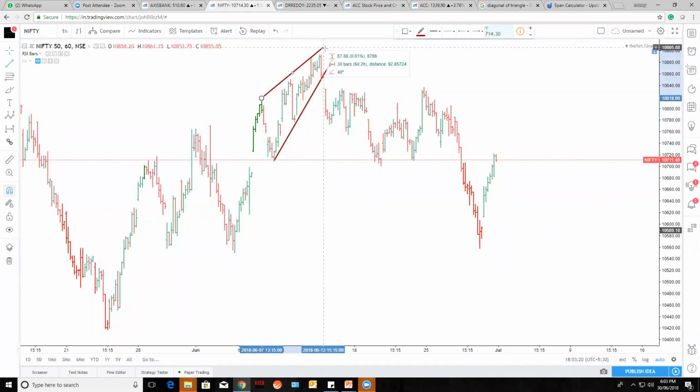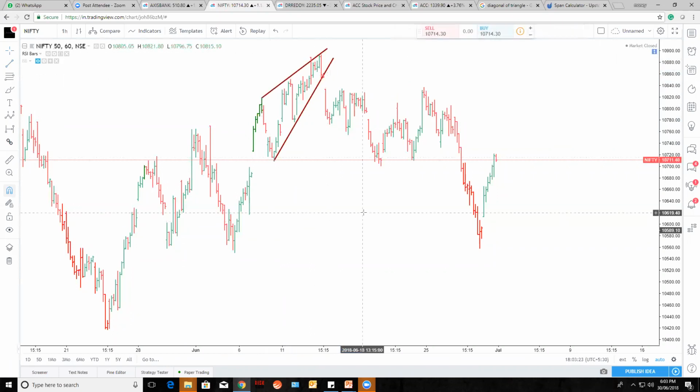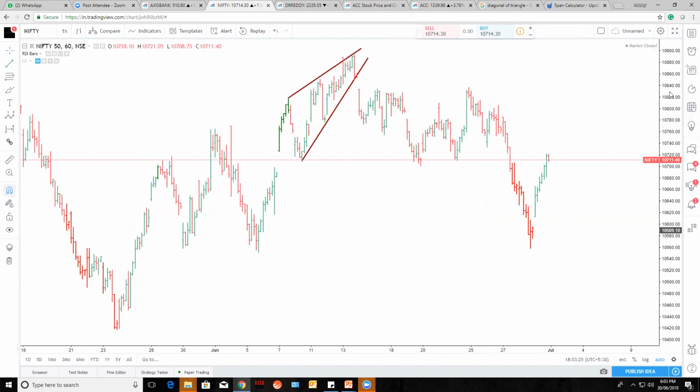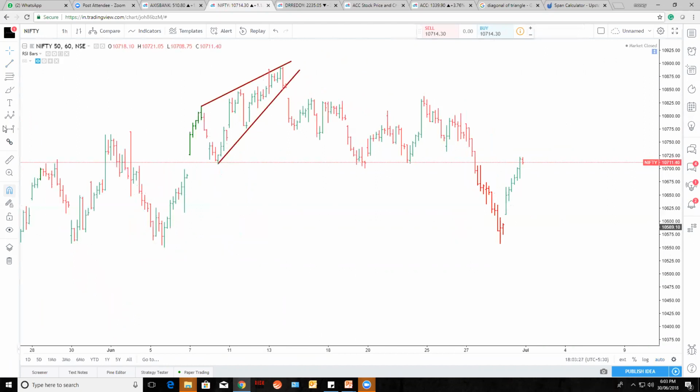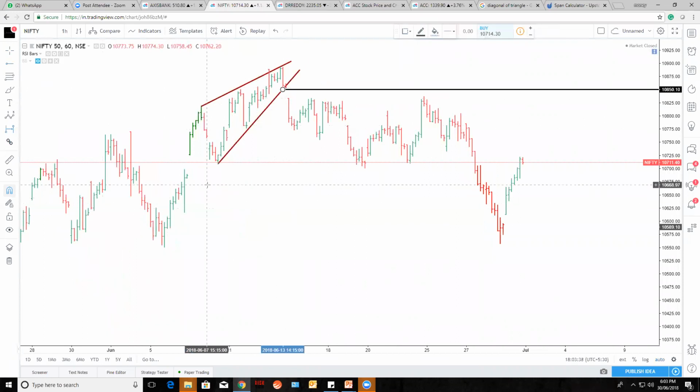Right, guys? The structure is clear now. At least, it is making like a wedge, it is looking like a wedge, right? Or ending diagonal. Once it breaks, that day was a low. So it completely broke the low. And if we would take the sell from there. So this is our